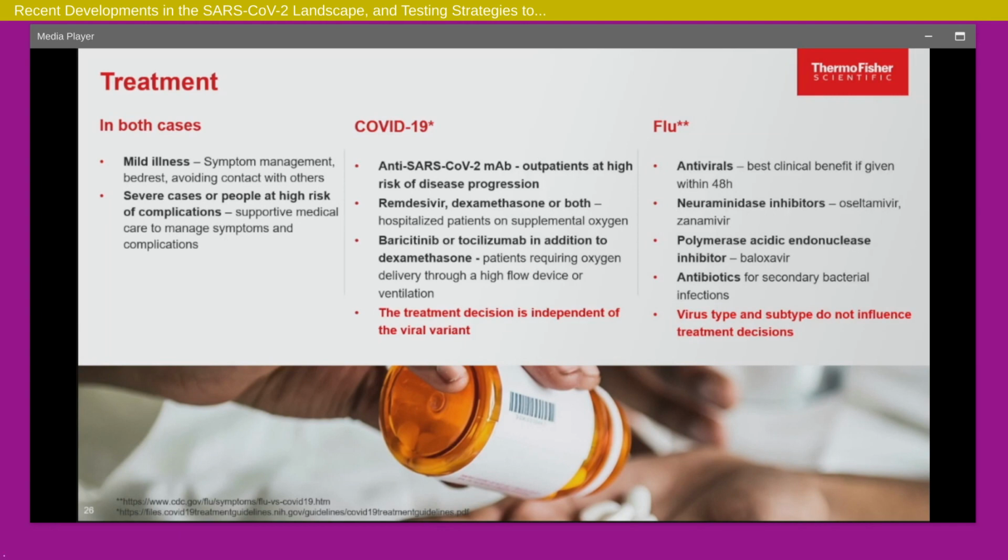The treatment is independent of viral variant at this point. Like I said, the viral variants are more for informing public health countermeasures, from transmissibility, or for the vaccine. But at this point, treatment does not seem to depend on the variant. For flu, the treatment is different. Antivirals, if they are given within the first 48 hours, such as Tamiflu,